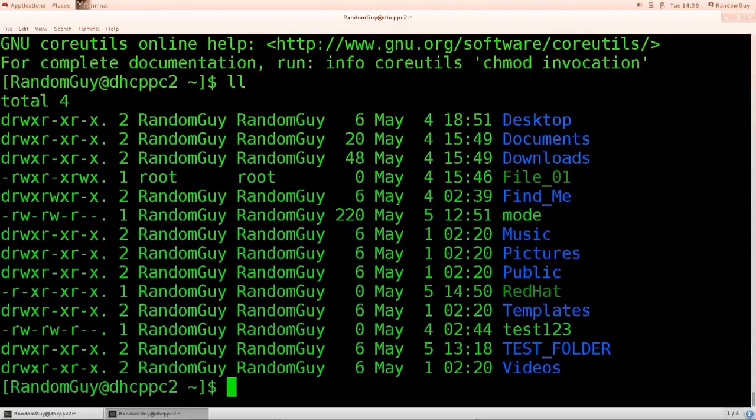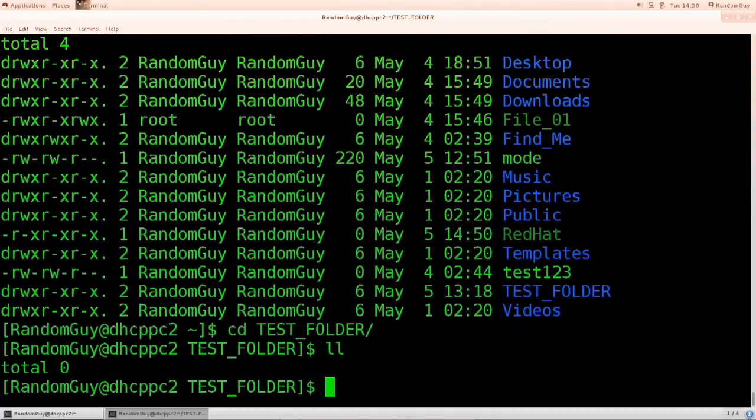Let's see what it actually has to say on the subject. Oh wait, do I have anything in the test folder? Let's just go ahead and check. If we don't, we just need to create some. Okay, so we can go ahead and create with touch test 1, test 2, test